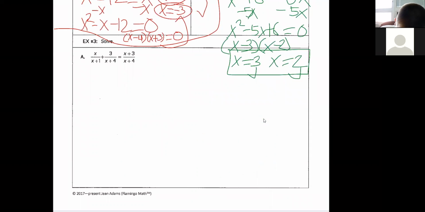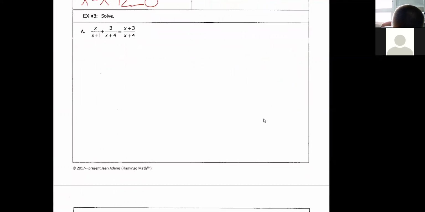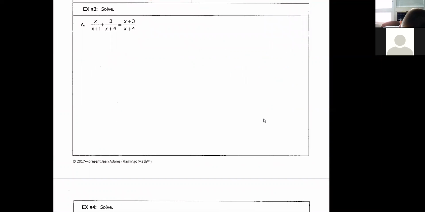So for this one, our least common denominator, and I will upload a key, so I apologize if I mess up. I'm just going to erase some of this clutter. I'm sure there's at least one person still writing, but our least common denominator between these,